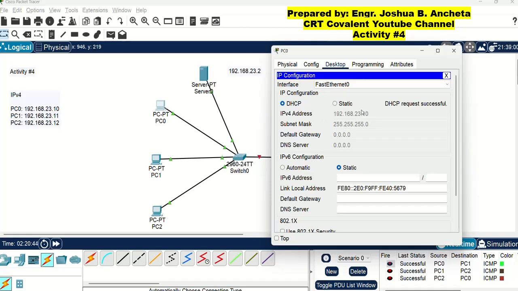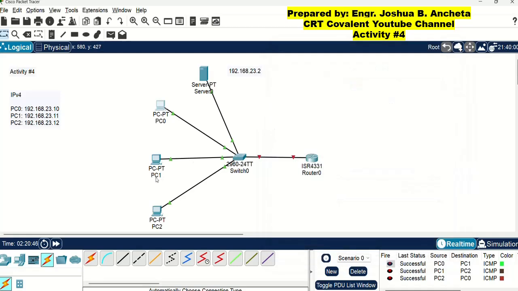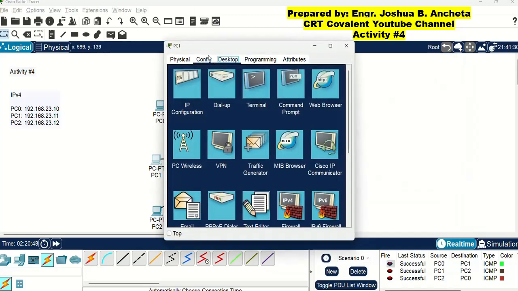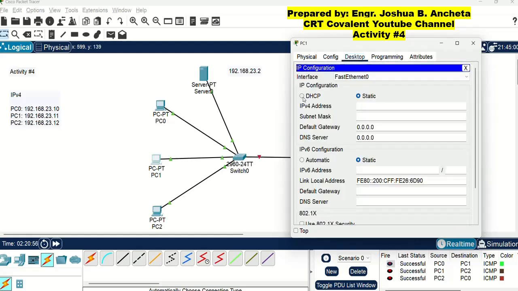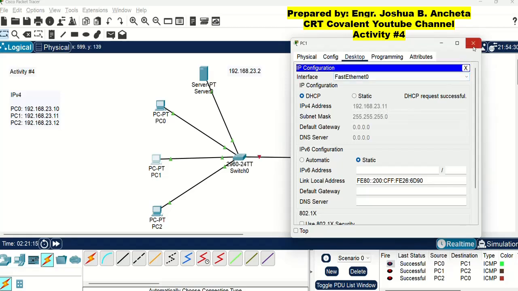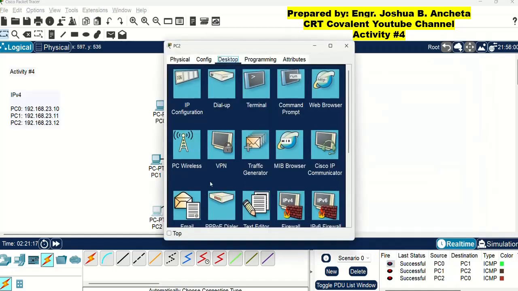Okay? So let us go to PC1. Then under desktop tab or icon, click ipconfig and click dynamic addressing or DHCP. So DHCP request successful, and take note the generated IP address is 192.168.23.11. Okay, close PC1 window, go to PC2.